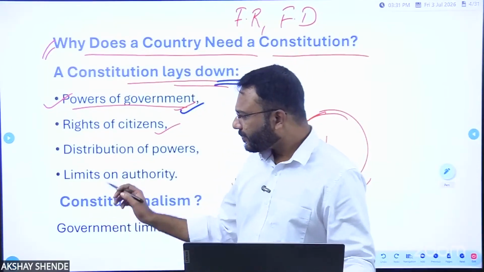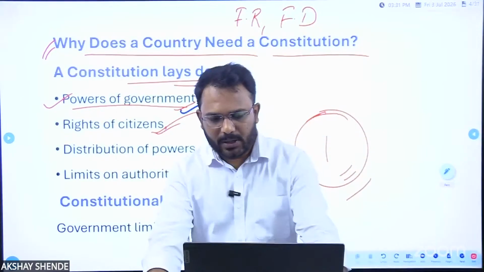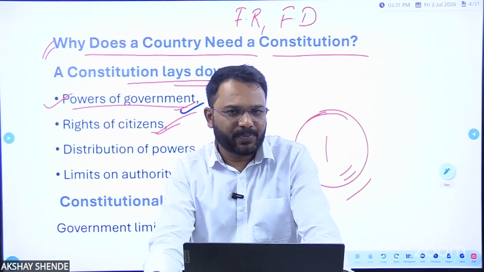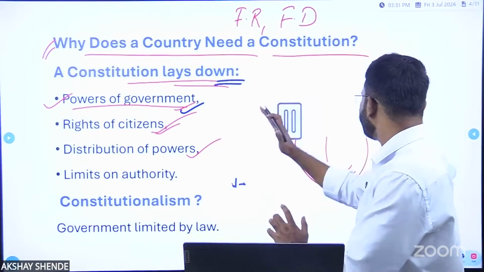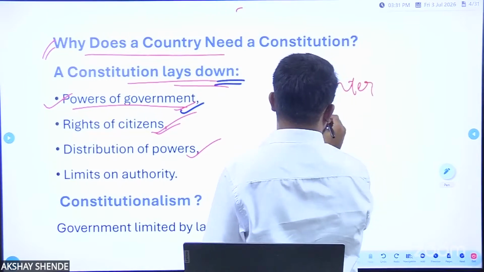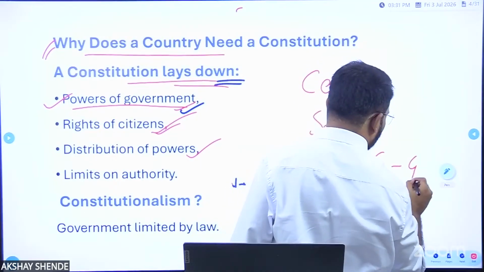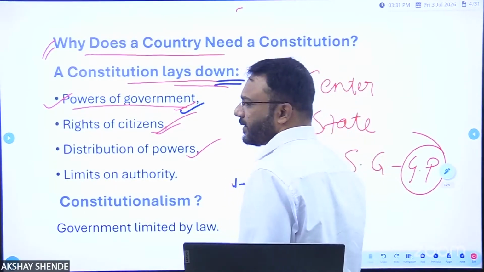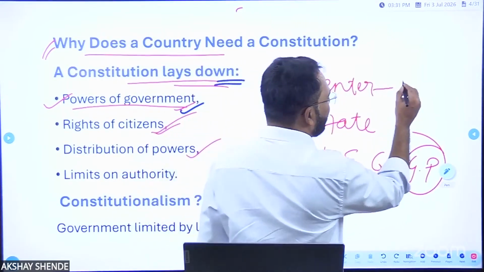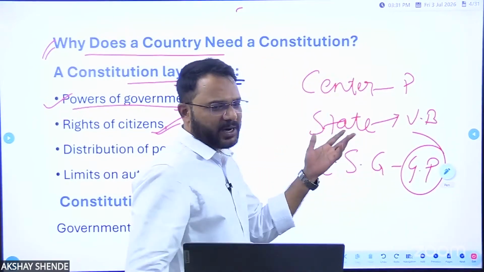Fine. Now comes the rights of citizens, distribution of powers. Now let me explain to you that we have two sorts of government, and in detail three. The first one is the central government. On the first tier comes the central government. Yes, the second comes the state, and third comes the local self government. You must have heard of Gram Panchayat, right? So where does the central government make laws? In Parliament. Where does the state government make laws? In the Vidhan Bhavan. Right? The session is going on now, the monsoon session.